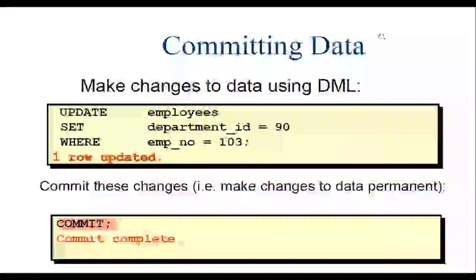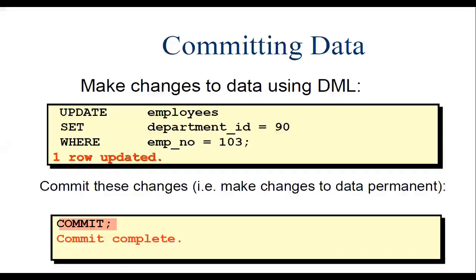Next one, committing data. Here we'll see how the commit command works. Make changes to data using DML. Before we invoke the commit command, we do some manipulation of the data using data manipulation language. In this example: UPDATE employees, where employees is the table name, SET department_id = 90 WHERE emp_number = 103.